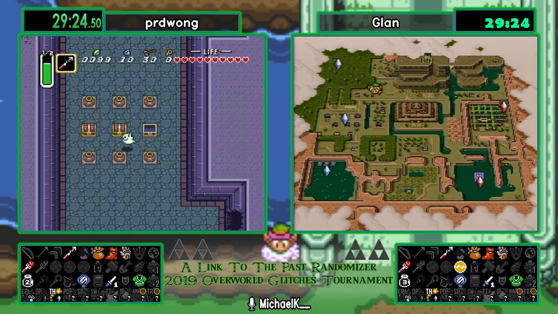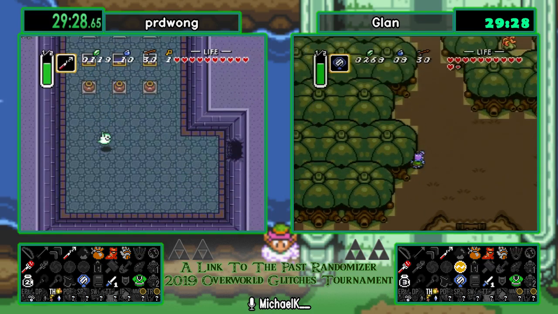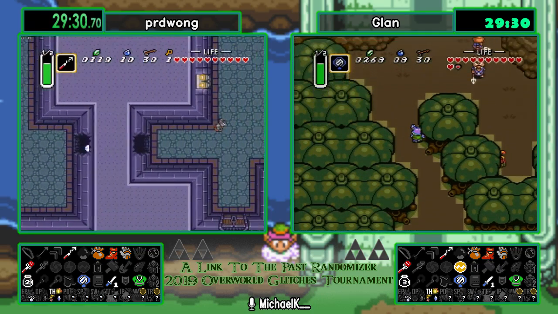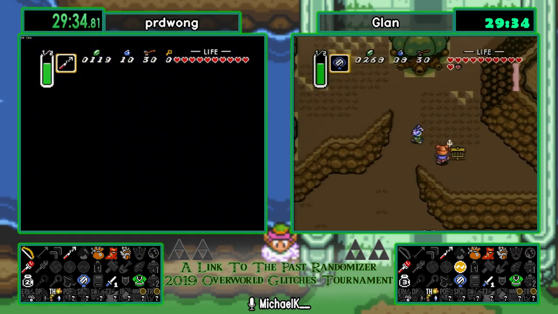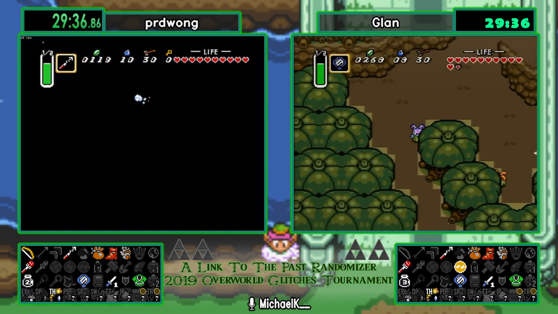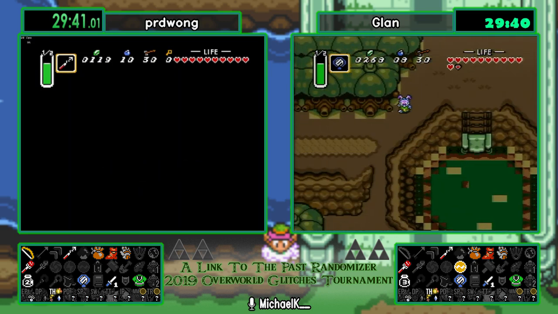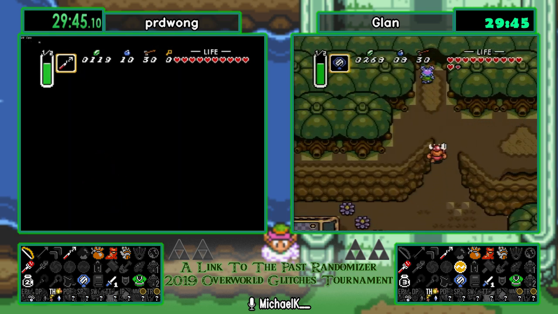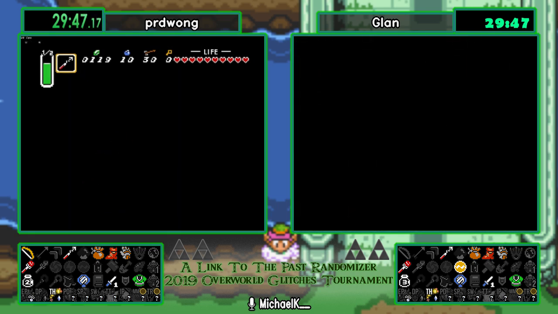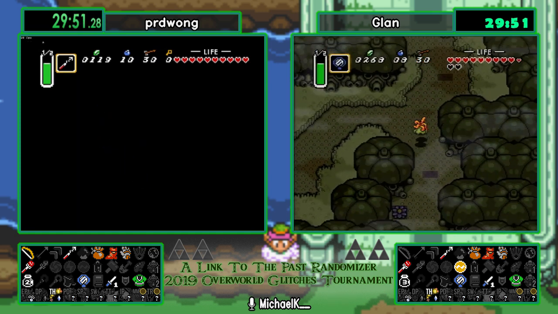Green pendant, Swamp Palace. Red crystals at Ice and Palace of Darkness, pendant at Turtle Rock, and Bow. The bow in Back of Escape is locked behind a second glove, logically, because we do need the small key for the Hyrule Castle to have the Zelda Cell and Boomerang chest in logic. So